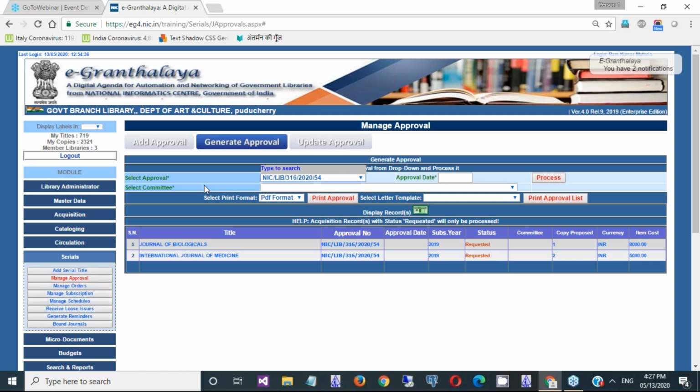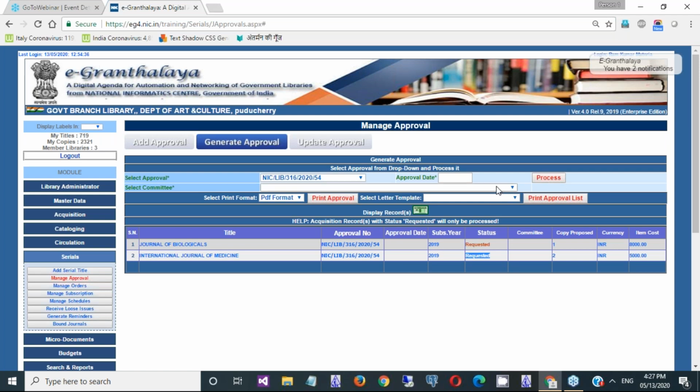This approval number which you have given in the last steps will automatically appear in the select approval drop down. Once you select the same approval number, whatever number of records you have created, those will be displayed in the grid at the bottom. You can see here the status is requested so far.